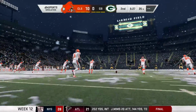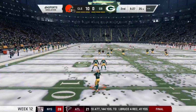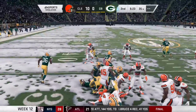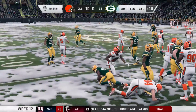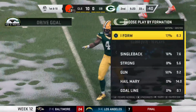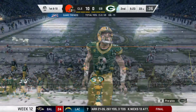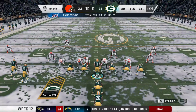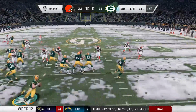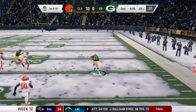The kickoff team on the field now as they will send this one away. This is fielded at the chalk of the 10. And a good effort on the return there. Gets them across the 30 to the 33-yard line. The Green Bay offense now about ready to take possession here. And this not an easy situation. You're down early, in the elements, you're on the road. How do you get the mojo back? Well, one thing is to remember that as an offensive player, you have a...